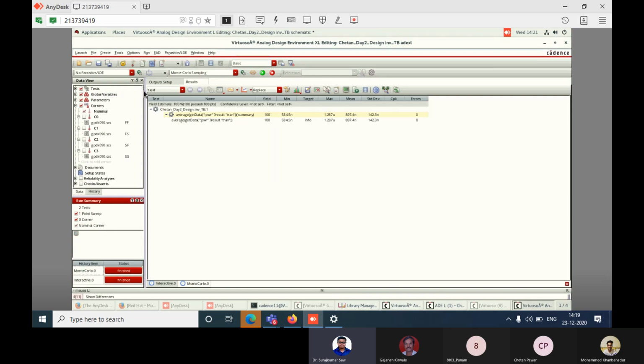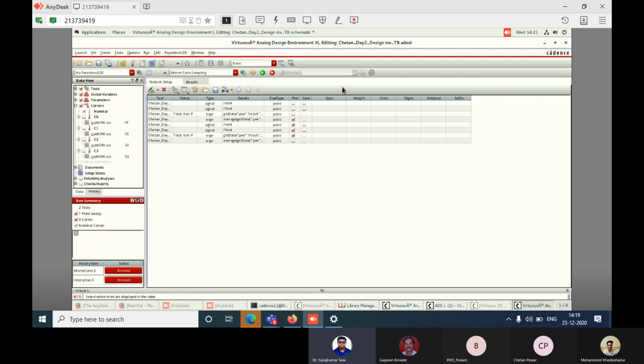Now what we'll do is, in this tab, the output set of tab. We want the output as well as input. Go to global variables. Expand the global variables. See, these are used for global variables and these are used for parameters. So we go for global variables. Expand this global variables.